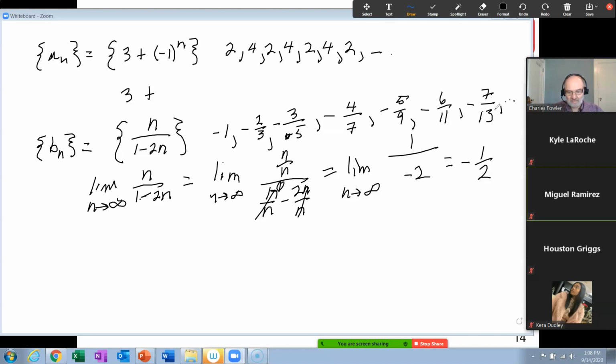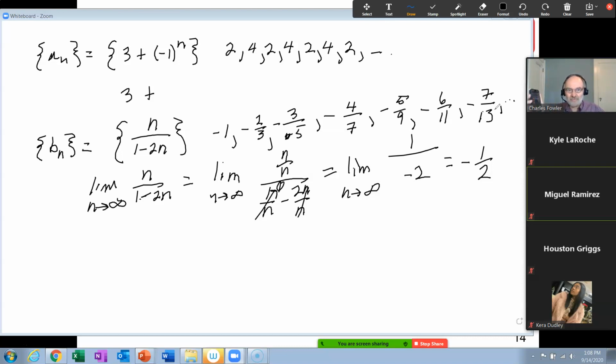4/7, 4 divided by 7 equal, that's -0.6 again, but it's a smaller 0.57. And then 5/9, 5 divided by 9, that's -0.55. 6/11, 6 divided by 11, that'd be -0.54. So getting closer to 0.5, not quite getting there, but getting closer. 7 divided by 13, and again you're getting closer. If you kept this up for a long time, you're getting closer and closer to 0.5.